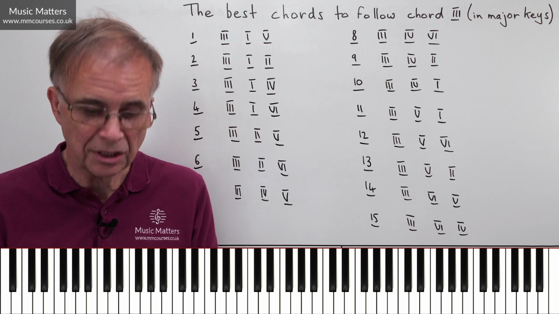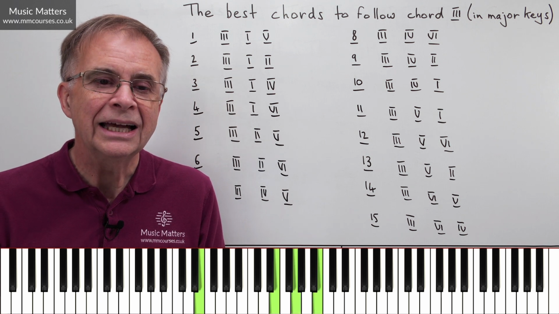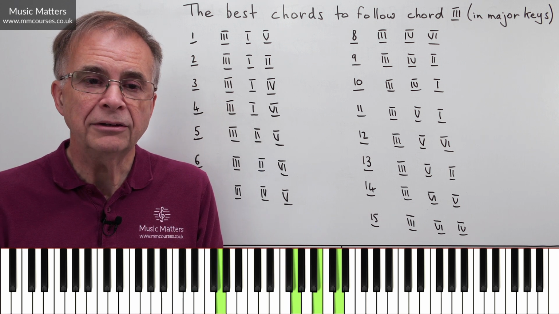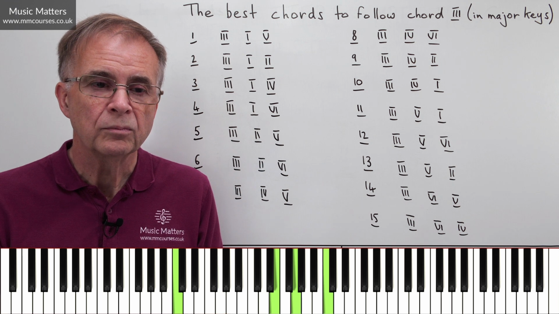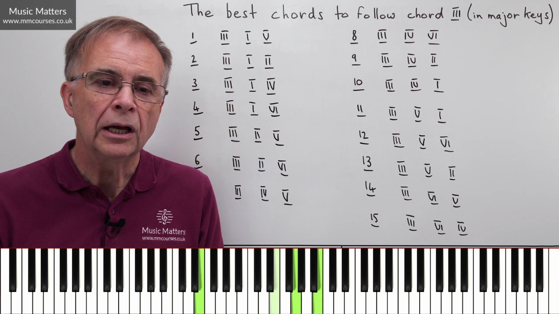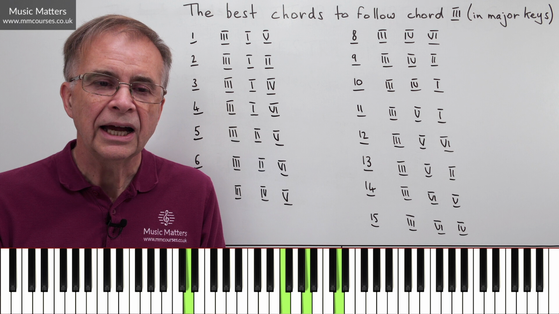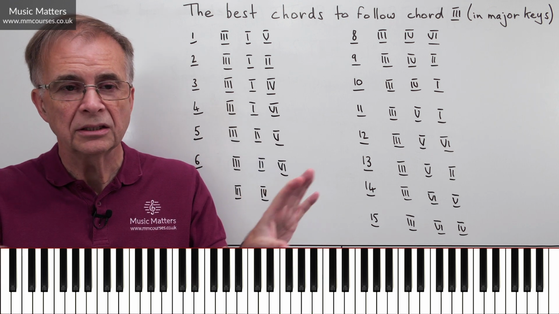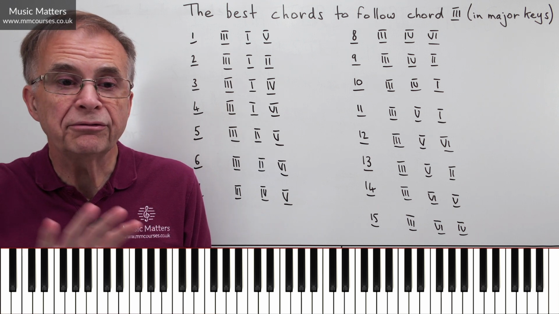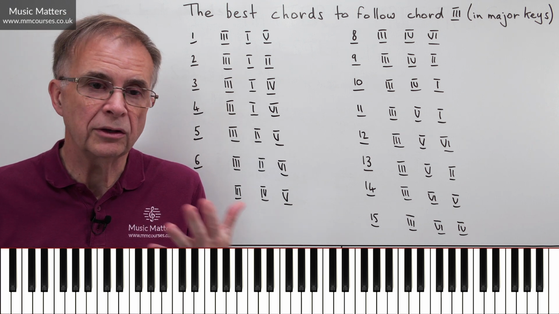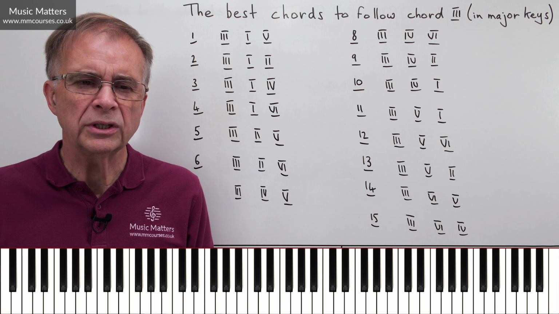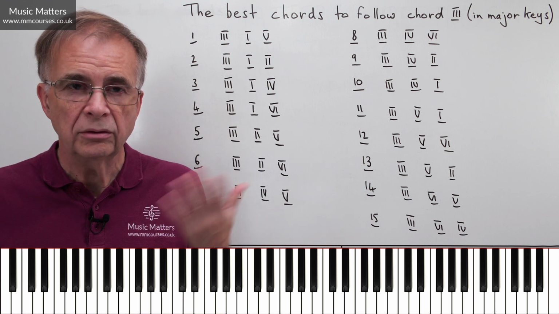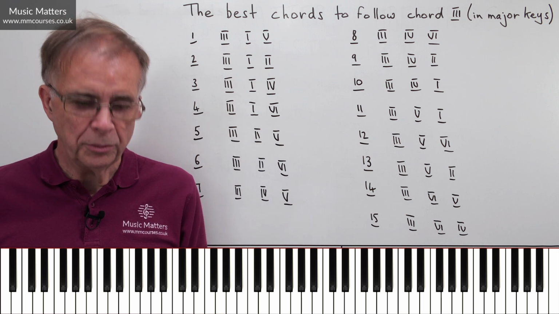Well, it probably does. How about this? If I use option number 2, I go 3 to 1 to 2, and then maybe I go 5, 1. Or maybe I do my 3, 1, 2, and then I go 5 to 6. And actually, those two options give you a nice kind of 5-chord progression. So if you're not convinced by 3-1-2, well, think about 3-1-2 followed by 5-1 or 5-6.